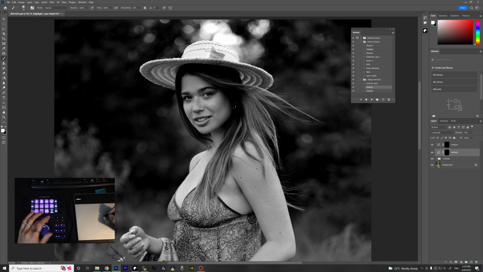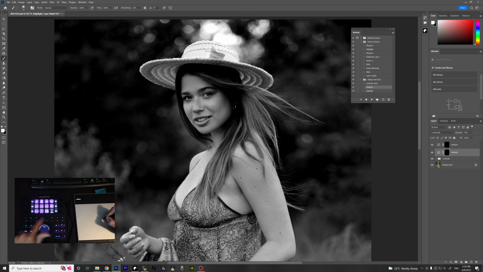But I just want to remind you again about how easy it is with Loupedeck. I'm constantly changing the size of my brush when I do dodge and burn, and usually I would go to my keyboard and press the buttons. But it's really annoying, and especially when I'm working with my tablet, it's hard to reach my keyboard. But with Loupedeck, I have it right beside my tablet, so it's a lot easier to change the size of the brush